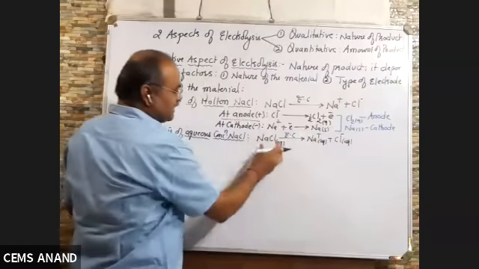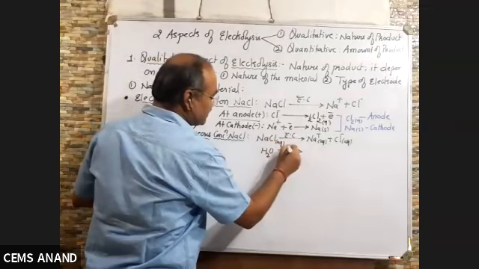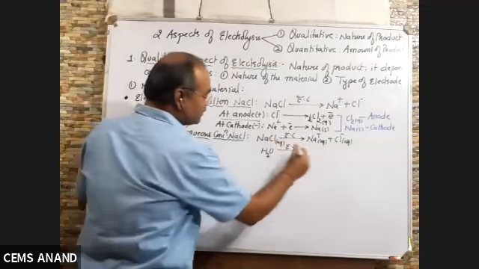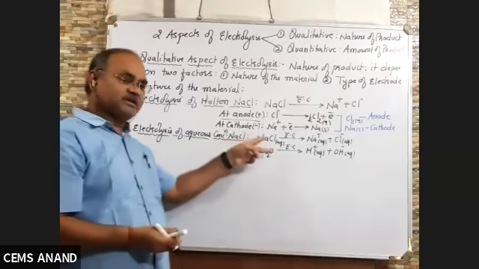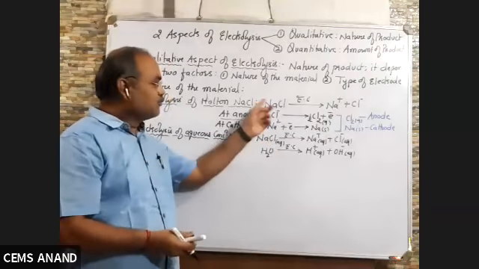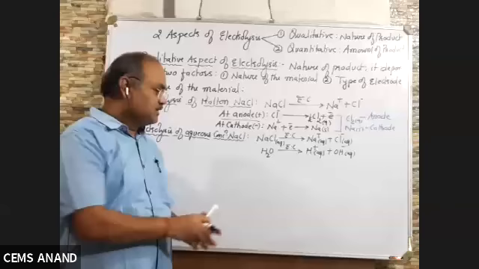But we know as it is aqueous, water is there. So there are chances of water undergoing electrolysis here also, and it is converted to H plus aqueous, OH minus aqueous. Here there are two possibilities because water is there. Here molten means without water, so only one possibility is there. Let us see now what happens.